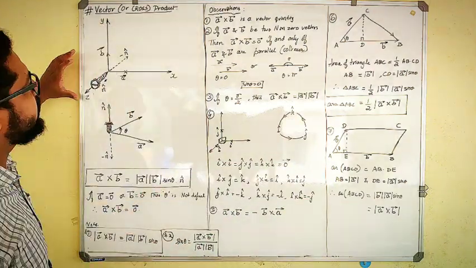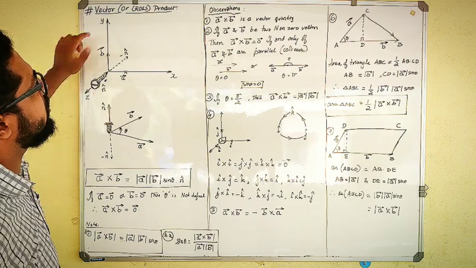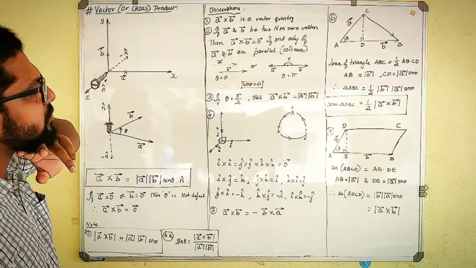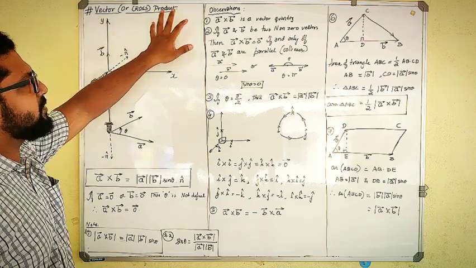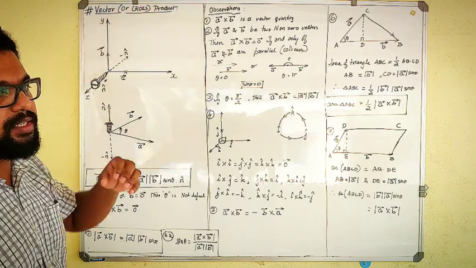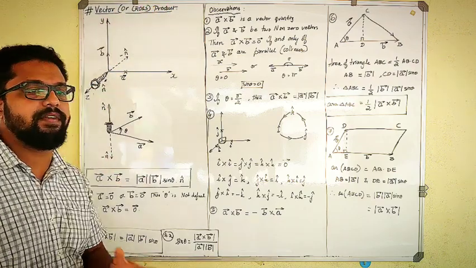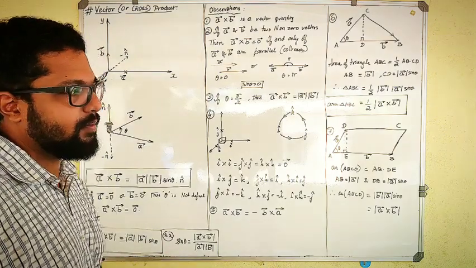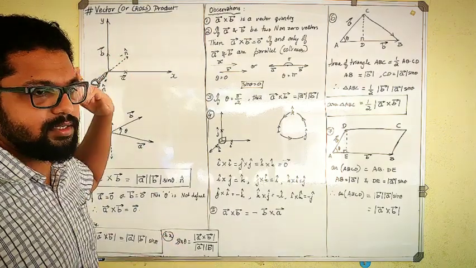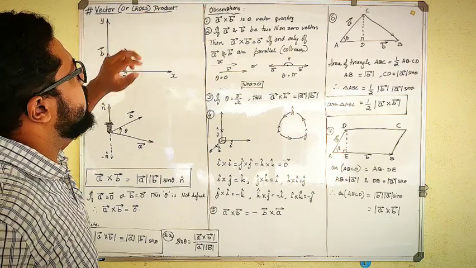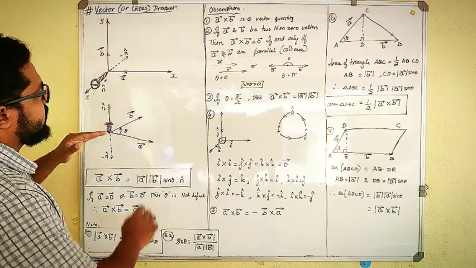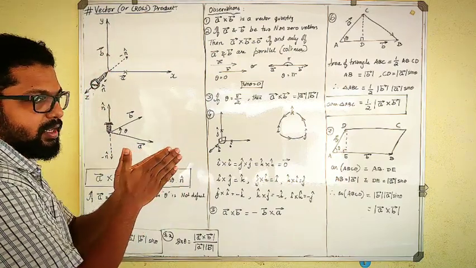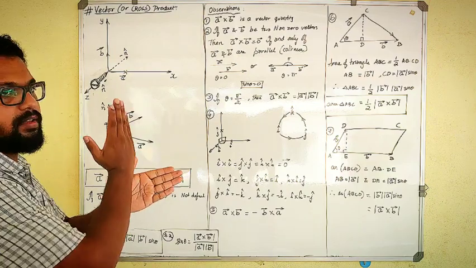So the first thing I need to learn about vector or cross product is that when I say it is a vector product, that means the answer is in the form of a vector. Okay, so whatever answer I obtain is in the form of a vector. That is what it directly means. Cross product, because here what is happening is one vector is falling on another vector to give out another vector.